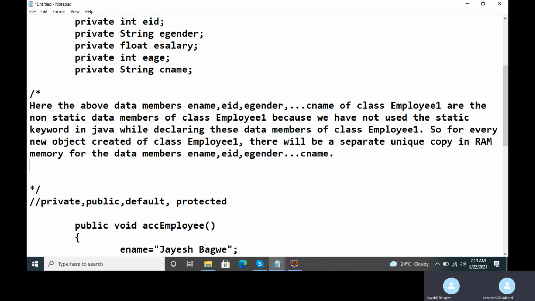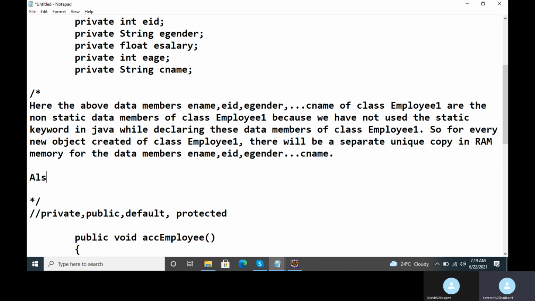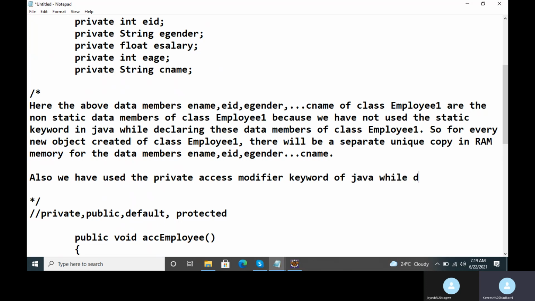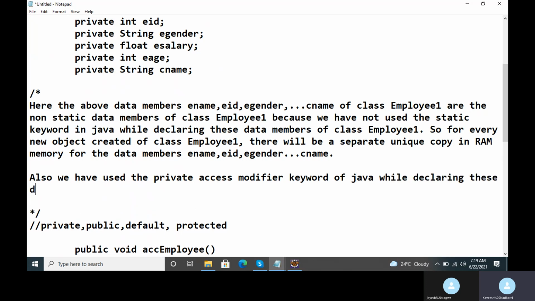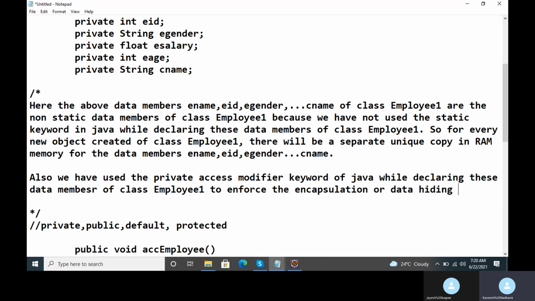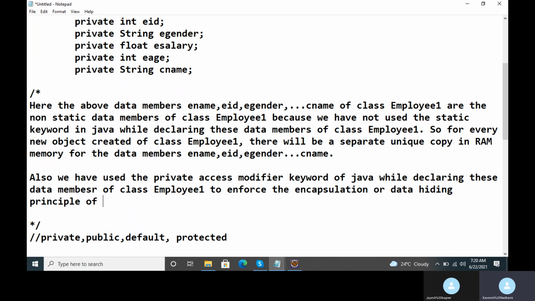And also we have used the private access modifier keyword of Java while declaring these data members of the class employee one to enforce the encapsulation or the data hiding principle of Java.